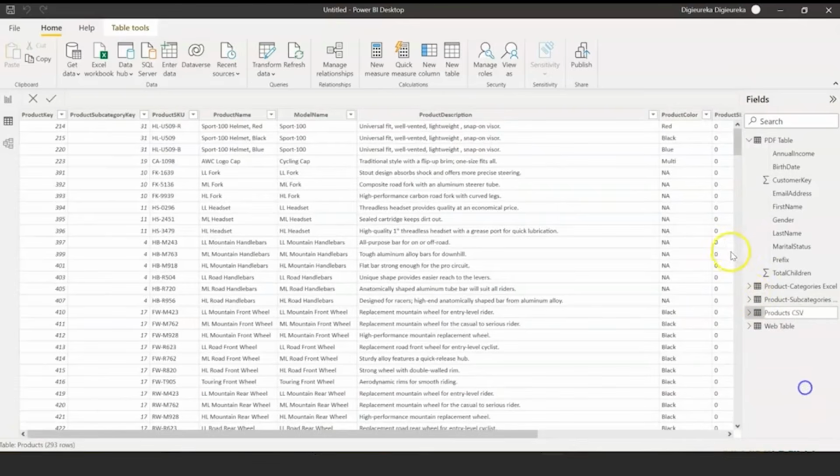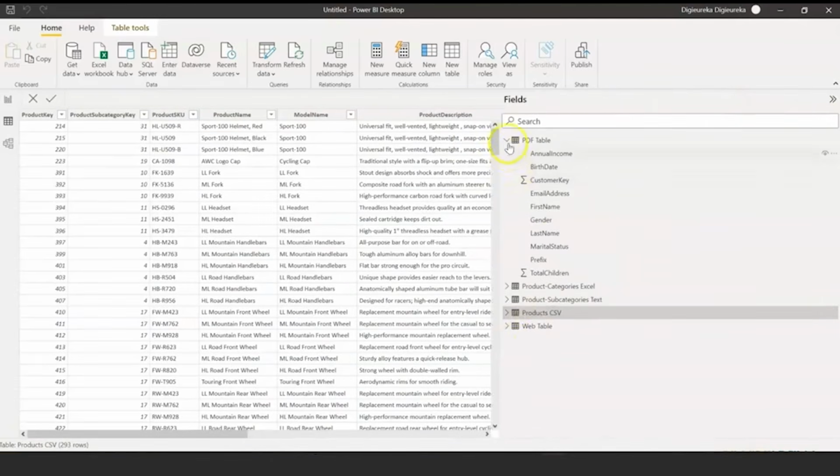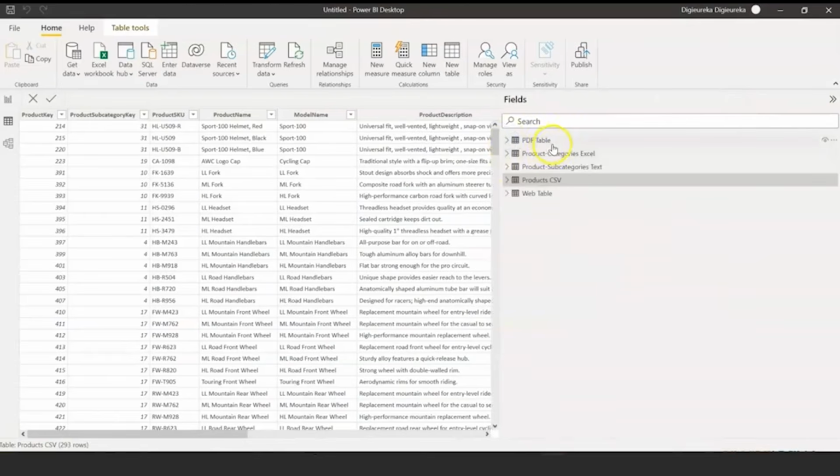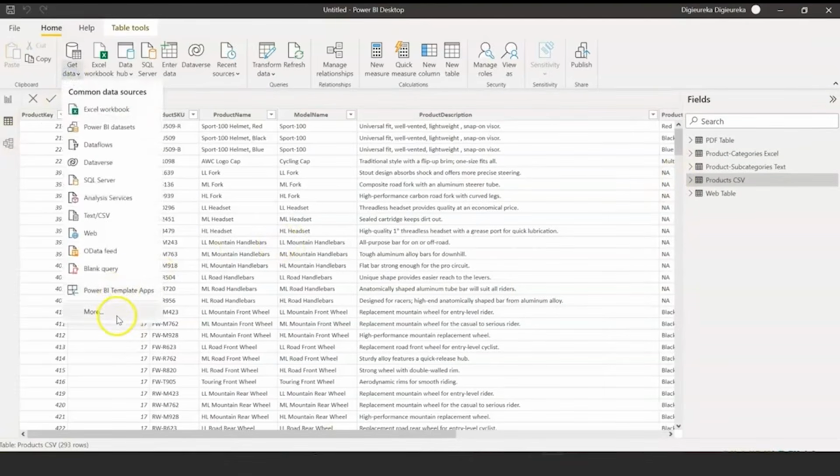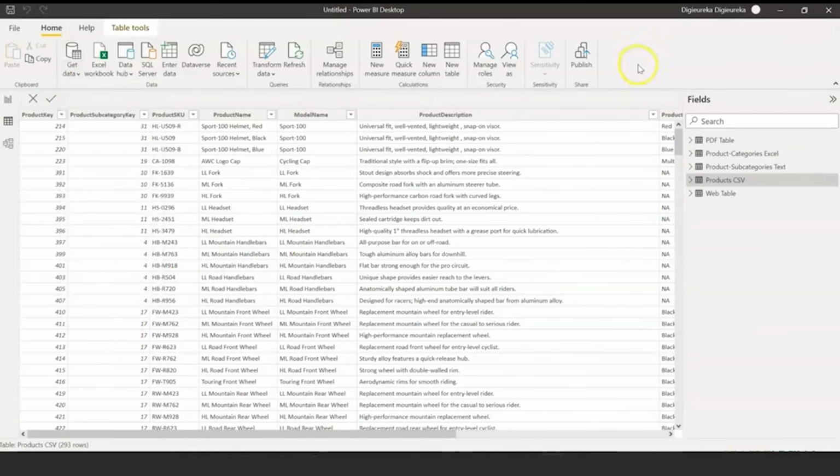So these are the different types of data we have imported: PDF, Excel, text, CSV, and web page. Now let's take a look at another interesting data set which we want to import, which is the MySQL Server data